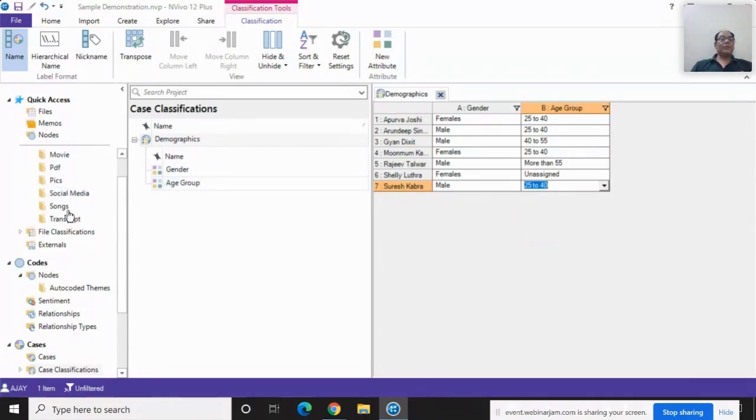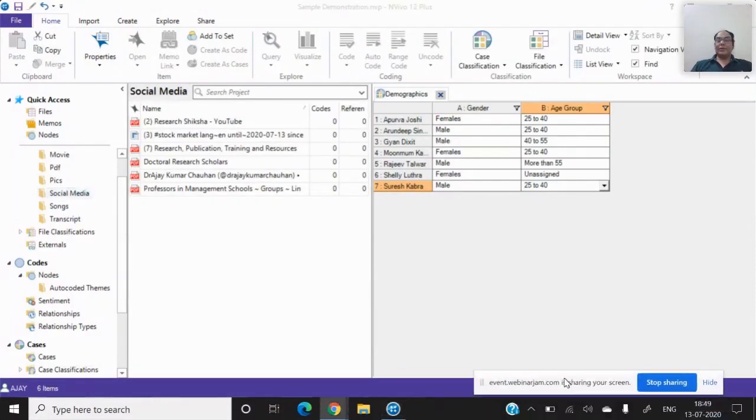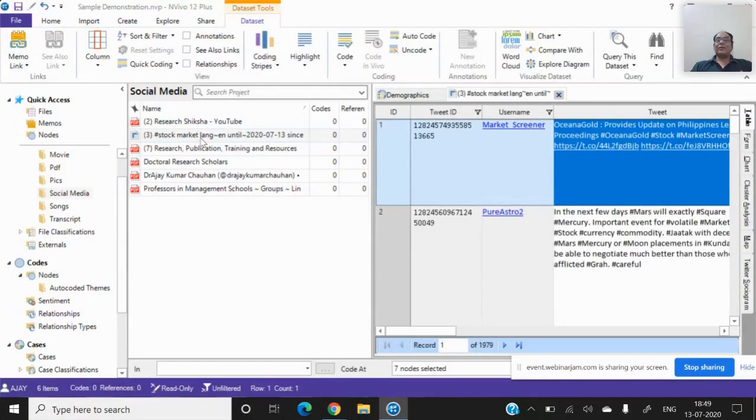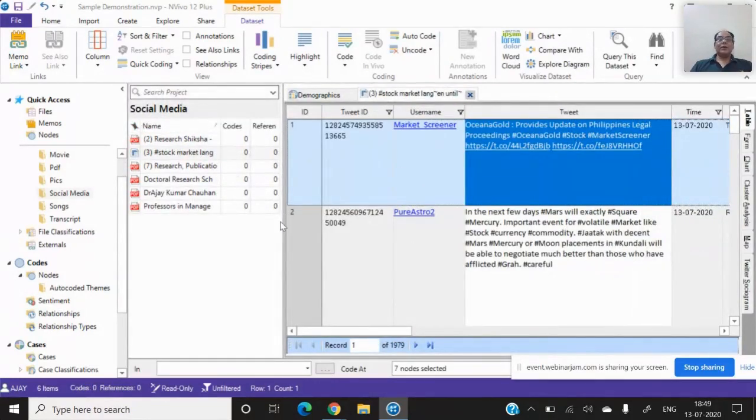And now come back to the social media. In the social media, suppose this is my tweet data. If I click on the tweet data, you can see all my tweets. In this data set, this is the tweet ID, the username of who is doing the tweet, and what the tweet actually is.